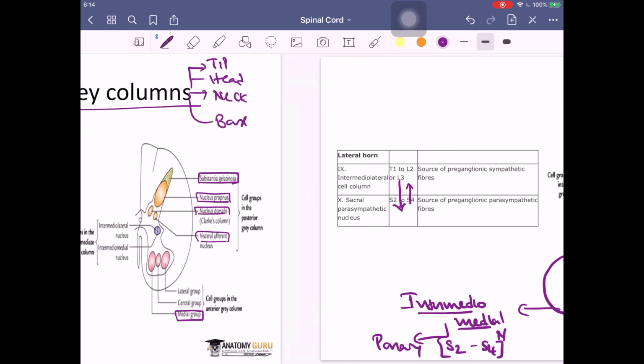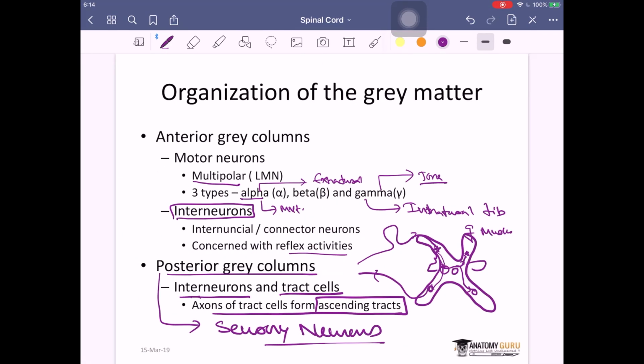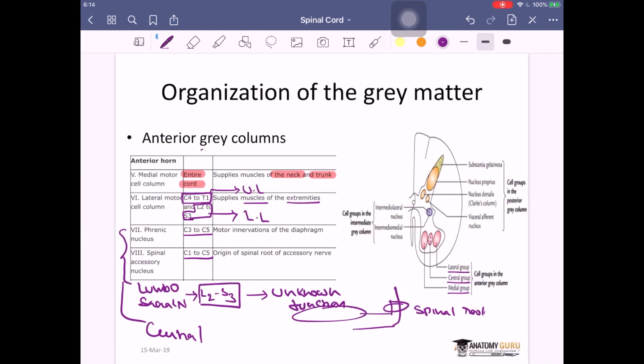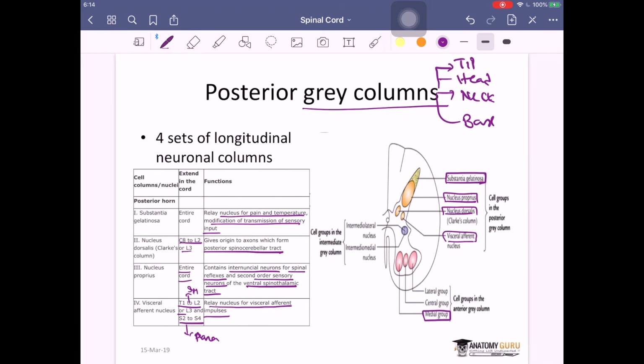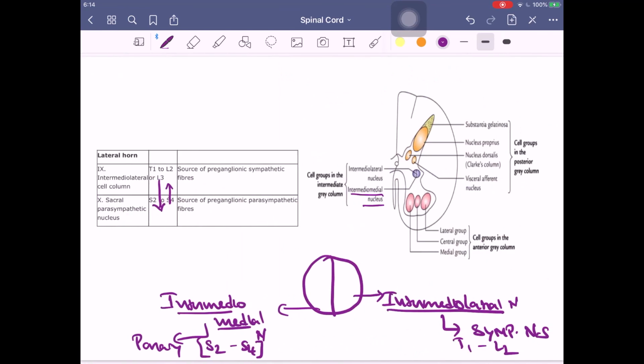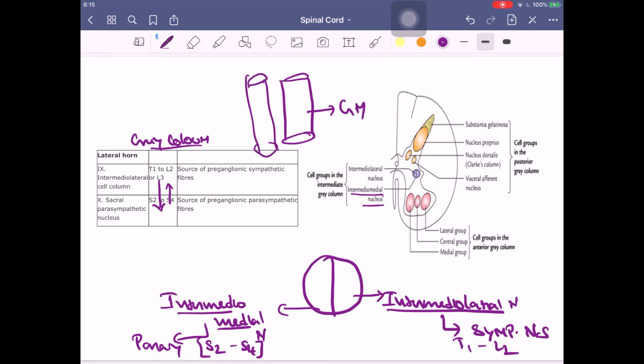Now this is one classification of gray matter that we have seen, and we call this a columnar classification. As you can see, we call these the anterior gray column, then the posterior gray column, and these are also lateral gray columns. So this is one columnar classification where the entire concept is based on the entire length or a part of the length of the spinal cord. We have got the gray matter in the form of long columns. That is what the columnar concept is.